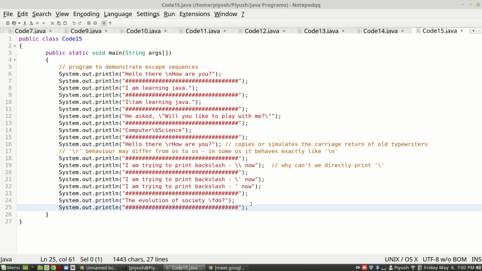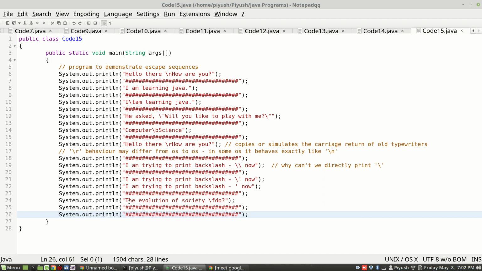I'll use 2 escape sequences here. And here you have to print the quotes also.